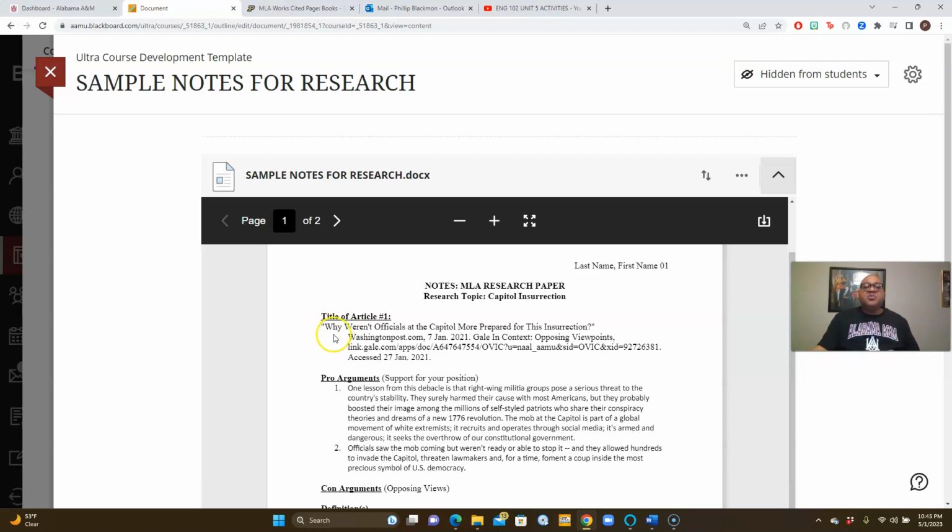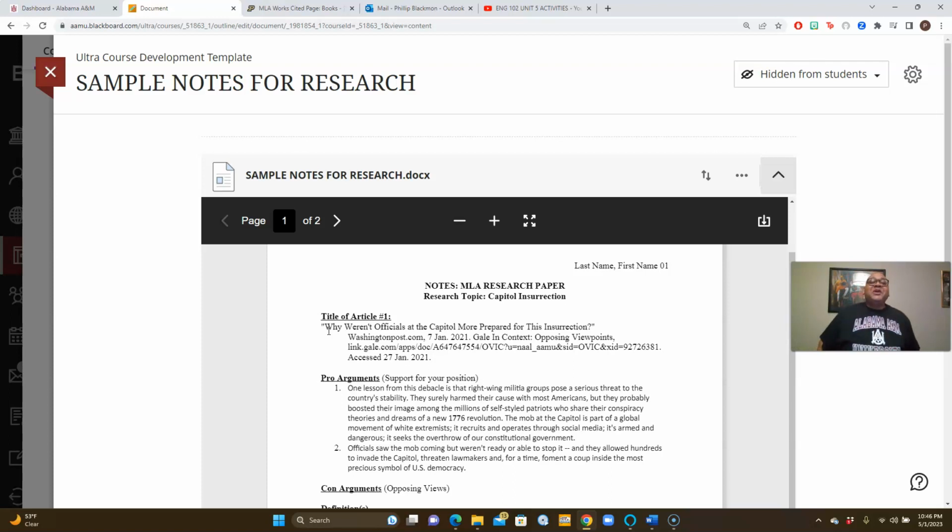Look at this. If I look at Article 1, right, I'm using complete MLA format. I do not have an author, okay? And remember what we said when we talked about MLA format. If you do not have an author, don't worry about it, right? You have the title of the article. I want to also point out to you,